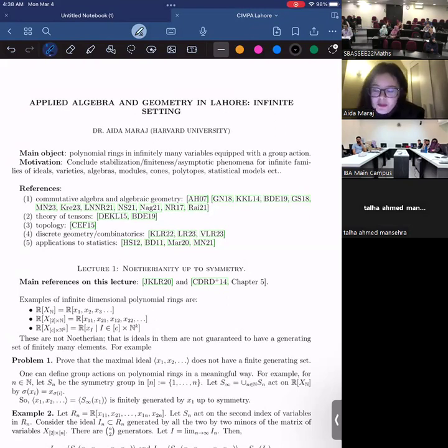The motivation is that the objects here are extremely large, so we want to understand stabilization, finiteness, or asymptotic phenomena that happen. And the objects in these polynomial rings can be ideals, varieties, algebras, modules,